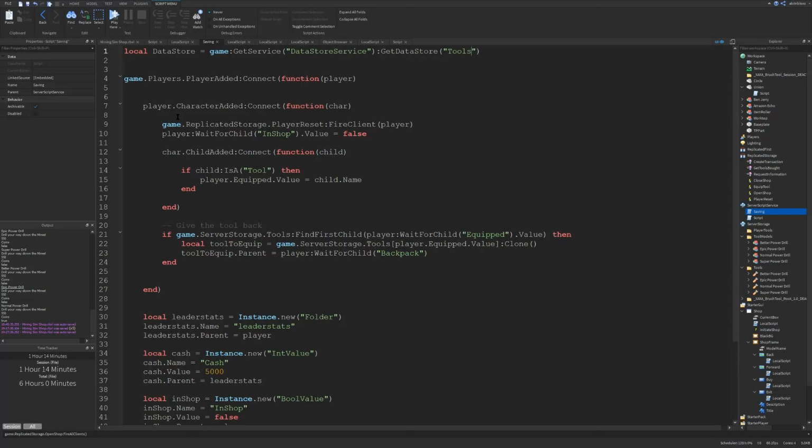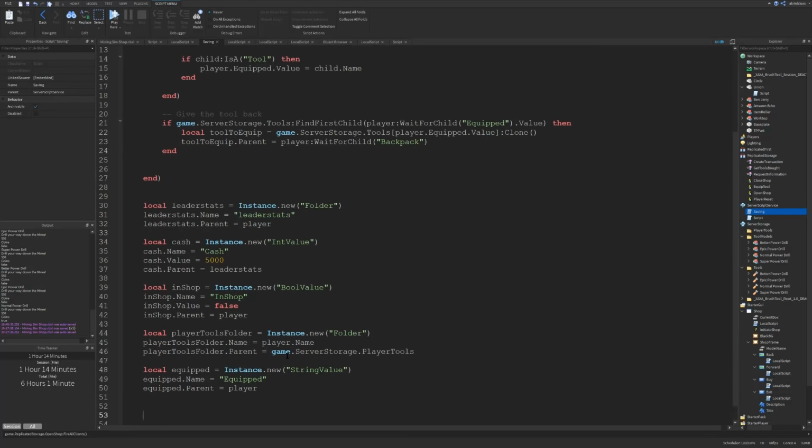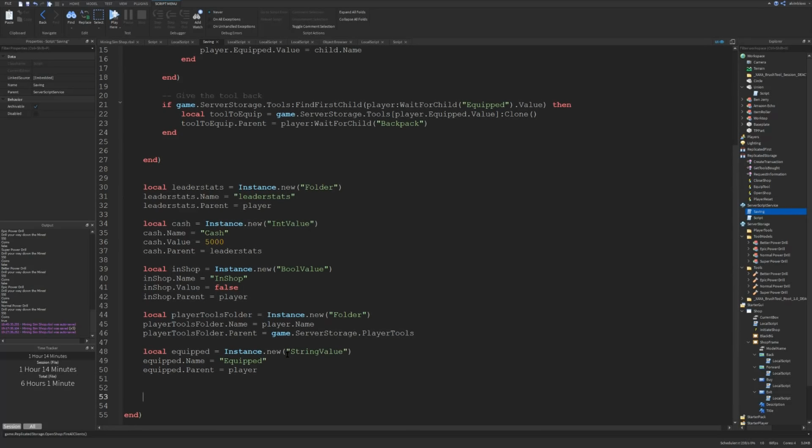So I'm calling mine tools because we're saving tools and a few other things, but we'll just keep it at tools. And what we're going to do is create some keys to save this data. So below all of your different values which you've created at the bottom, we're going to want to create two keys. The first key is going to be for the tools that we're going to save. So we're going to say local tools key equals, and then our key is going to be tools as a string,